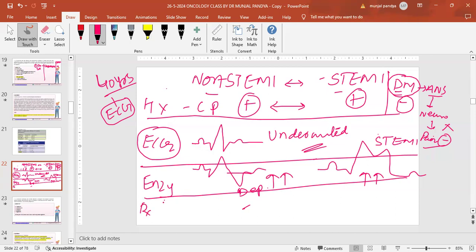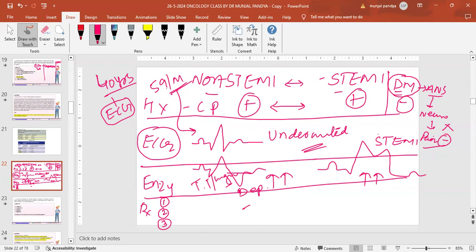Now tell me the important three treatments of this patient, Dr. Iram. What is the first treatment when this patient has non-STEMI? So now I'll give you the scenario: a 59-year-old male diabetic patient presented with chest pain. You did an ECG showing ST depression. You sent for the enzymes, troponin T and troponin I both are high. Now the diagnosis is acute non-STEMI, acute MI which is non-STEMI.